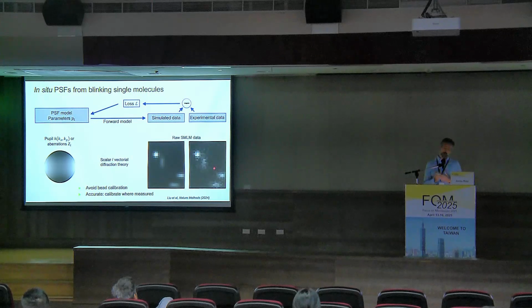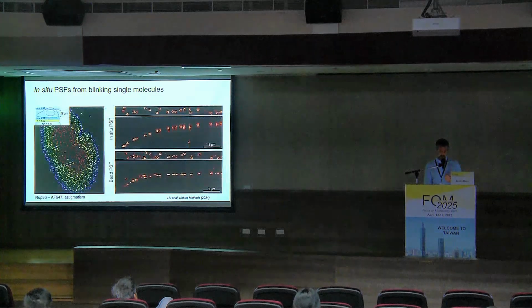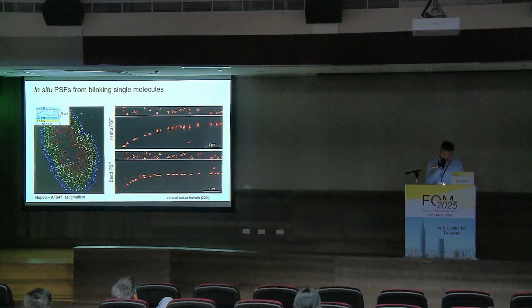This is useful because we avoid one step, but mostly because the bead stacks don't always reflect how the single molecules look. There might be different aberrations. It's typically a different cover slip. And using this approach, the in situ calibration of point-spread functions allows us to calibrate the point-spread function where we use them for measuring. This is illustrated here, where our collaborator, Ximing Li, took pictures of the nuclear envelope, and